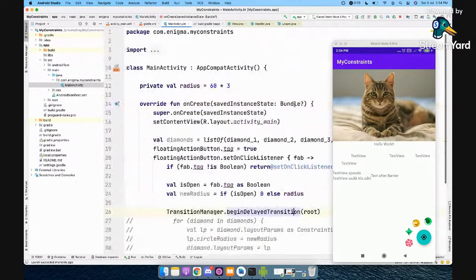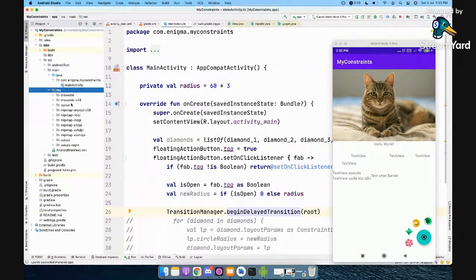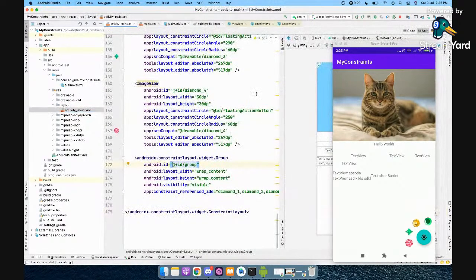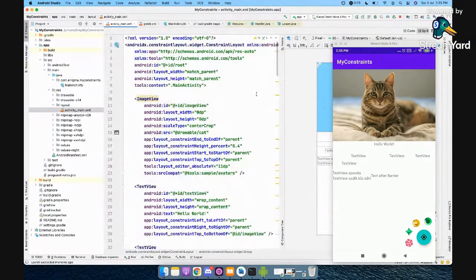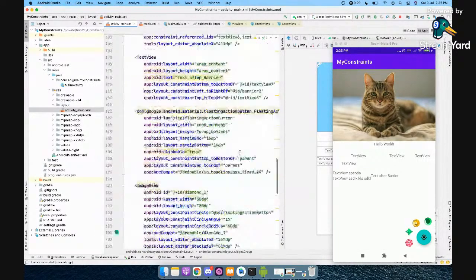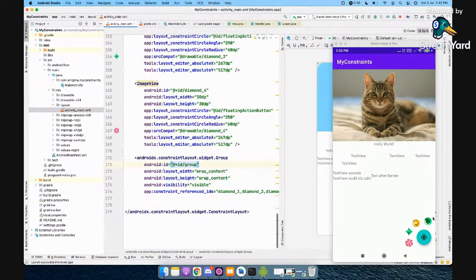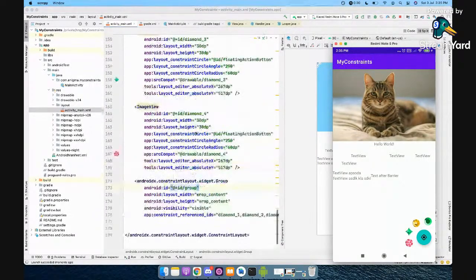Yeah. So did I miss anything? So, Leonard, have you tried with multiple fab items? Someone is asking. So this is one of the projects I have worked with. Like, in that, I didn't have multiple image views. I had multiple fabs in that. So this particular fab will react to the main fab. Let's say. Was that your question?